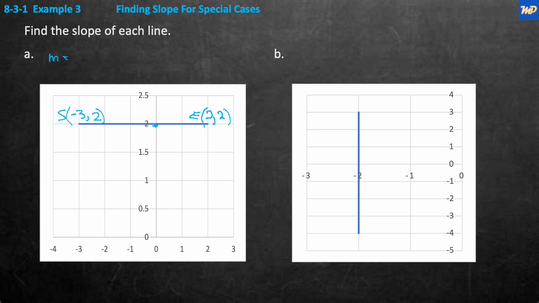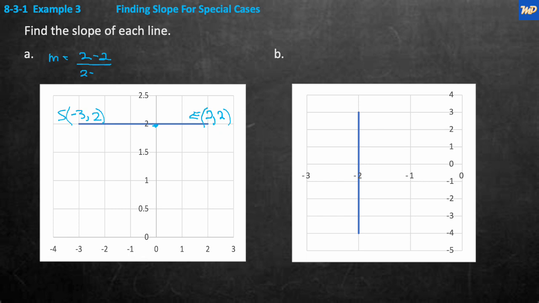So it's the end minus the start. End is 2 for the y, so we have 2 minus 2, that's this 2 minus this 2, and that's over